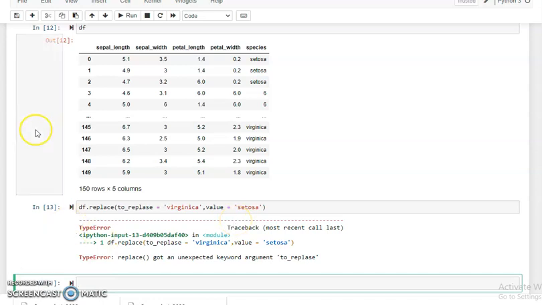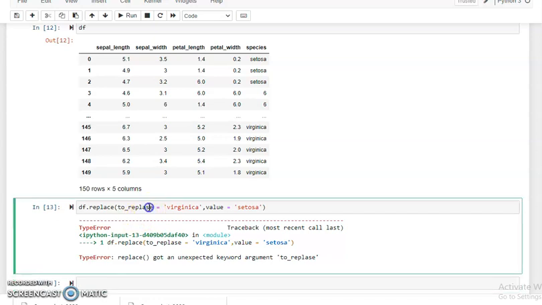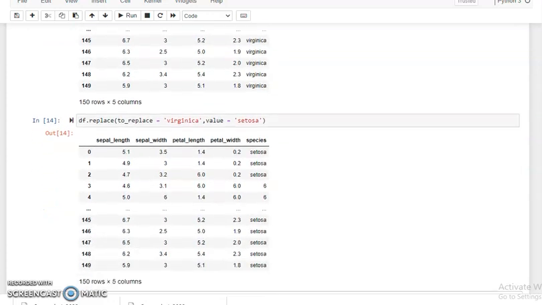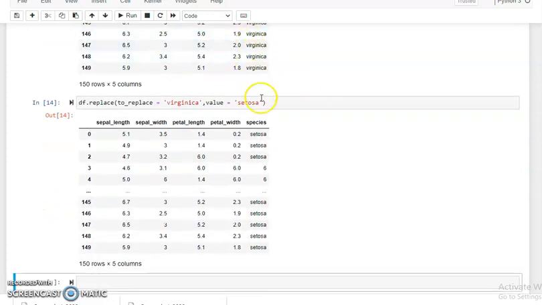As you can see, we got an error because of a spelling mistake in the replace function. We write it correctly, and then you can see Virginica is replaced by Setosa.